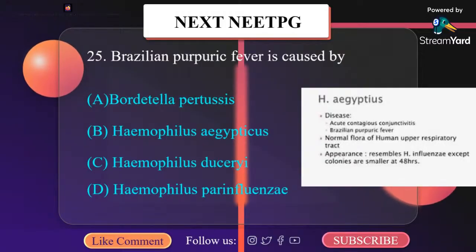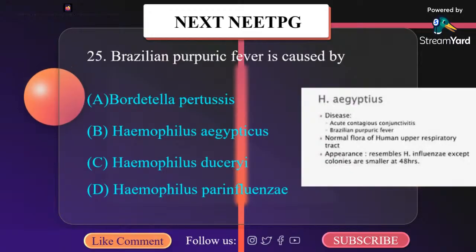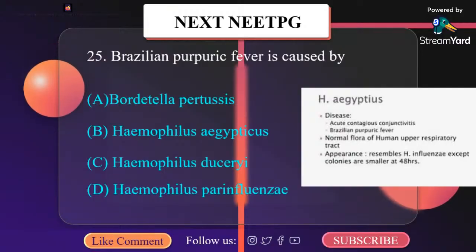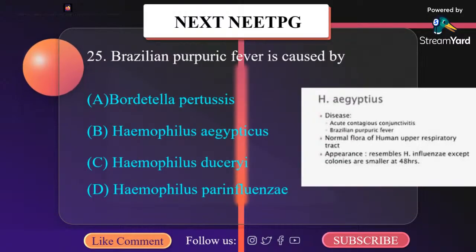Brazilian purpuric fever is an illness of children which is caused by a bacterium, Haemophilus influenzae biogroup aegyptius, which is ultimately fatal due to sepsis. Brazilian purpuric fever was first recognized in Sao Paulo state of Brazil in 1984. Haemophilus species are